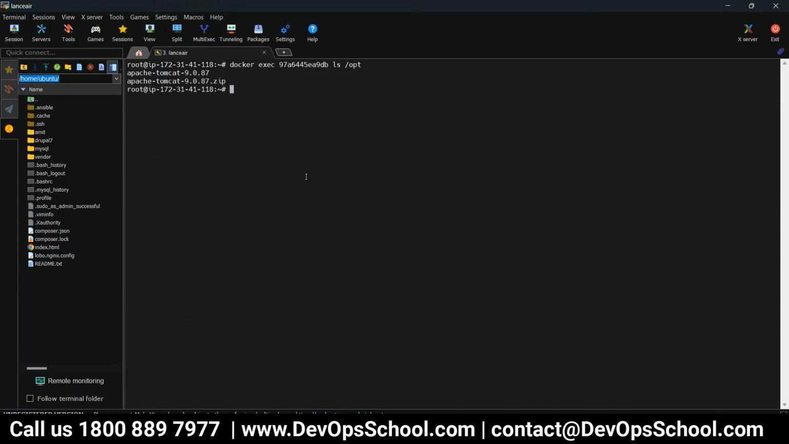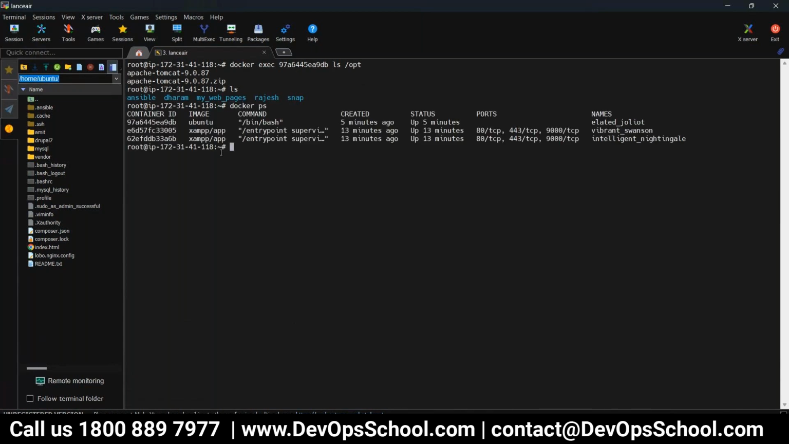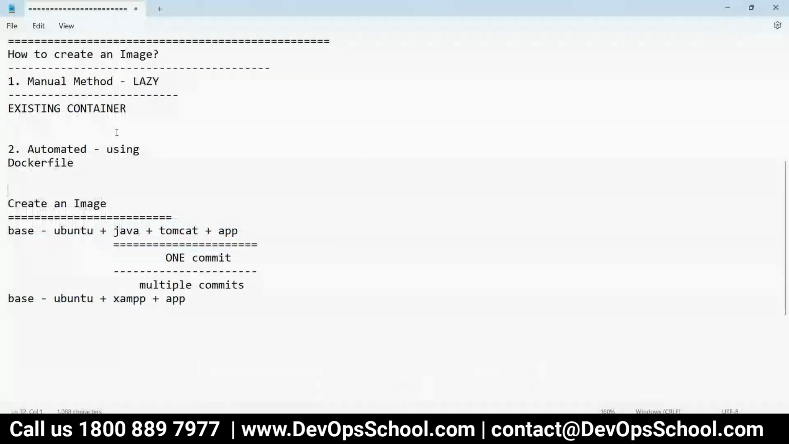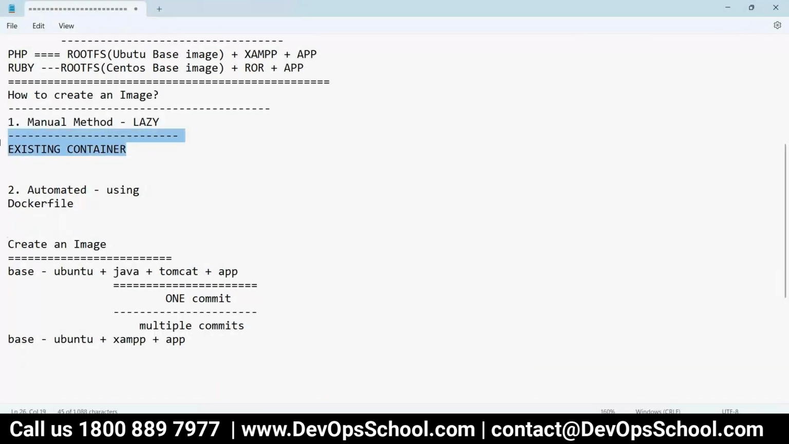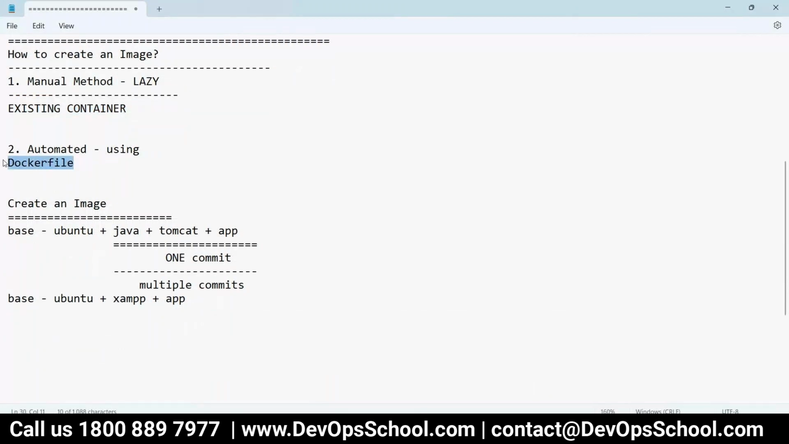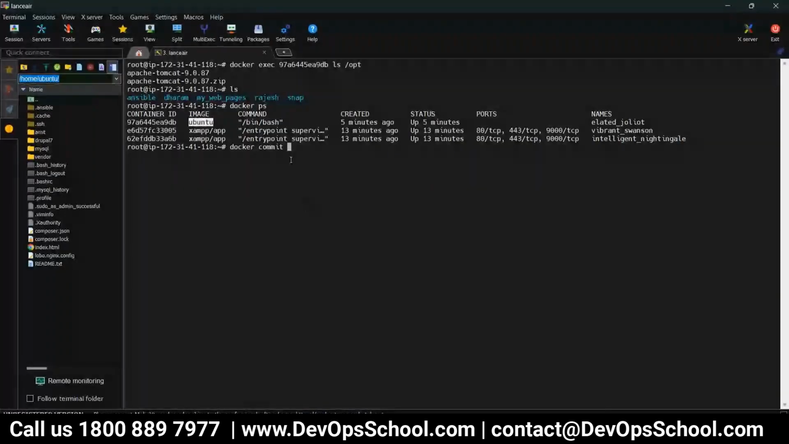How can you create an image from the container? So docker ps. This is the container which has everything you needed, which I created from the Ubuntu base image. So docker commit. This is the command. If you want to create an image using an existing container, you have to use the commit command. Remember that I said you can build two types of image. One is using an existing container, and the other is writing a Dockerfile. So here docker commit